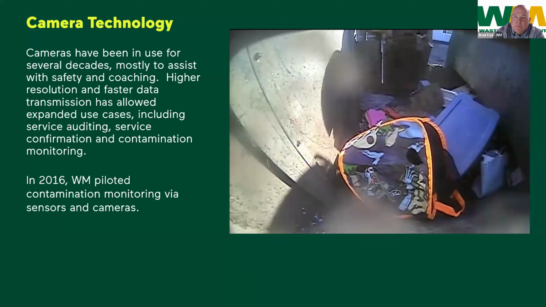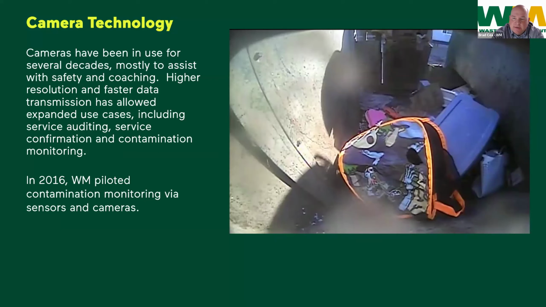And what you will really see is this is the picture right here, the still that will actually go on the notification out to the customer to say, hey, when we serviced on this day, we did notice that there were a couple of pieces of contamination. Here's your recycling bin, here's the appropriate materials that should go in. If you would like further information, here are several resources that you can visit. And if you would like to speak with somebody, you can also visit our website or chat functions or other digital functions to reach out to somebody.